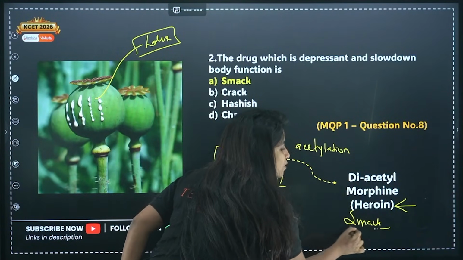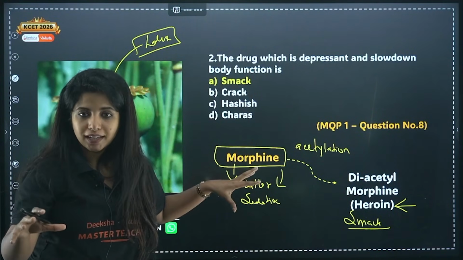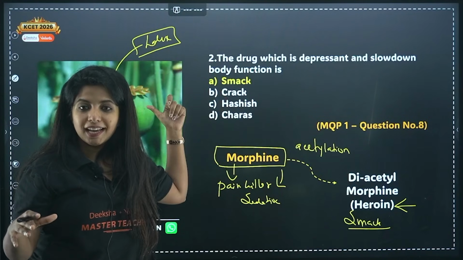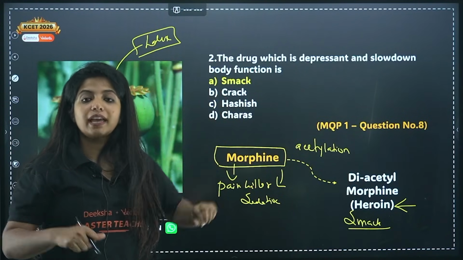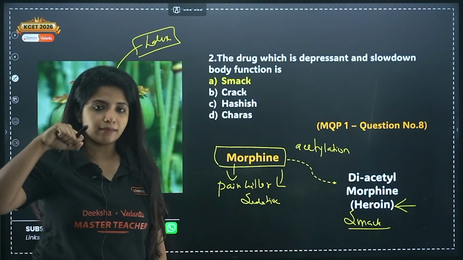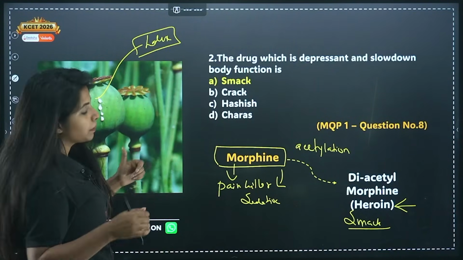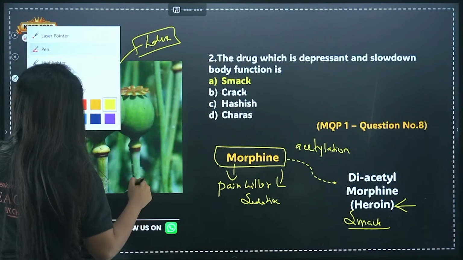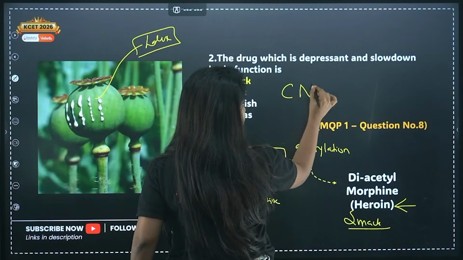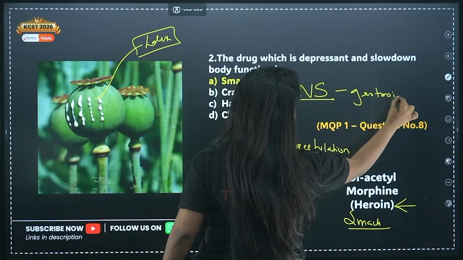My dear children, I am explaining all this in a way so that your concept is understood. So heroin and everything you get from this, and also understand that heroin can be taken in the form of injection and also snorting. So those are the 2 methods of taking this in. Now, what effect does it have, if you are asked about that? It affects your central nervous system and also your gastrointestinal tract.